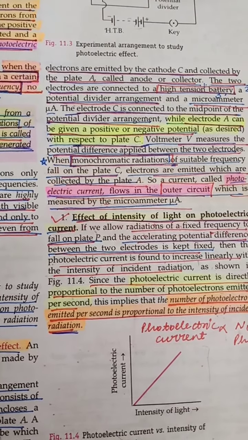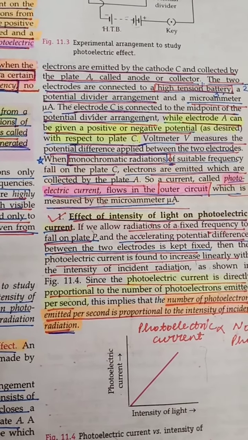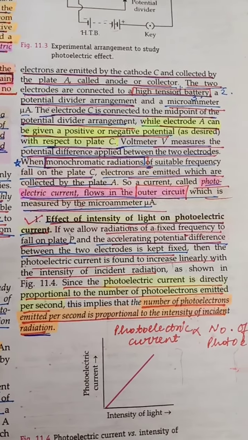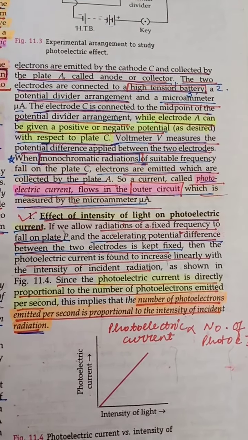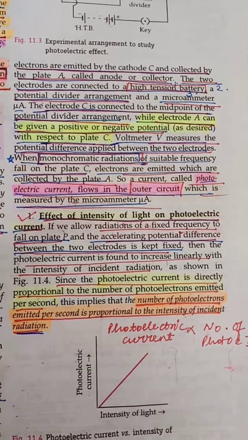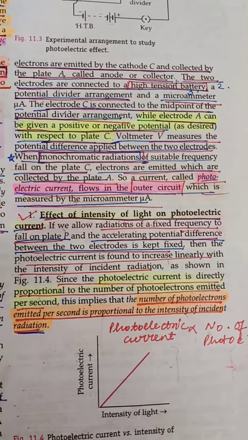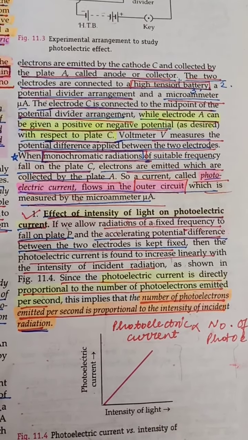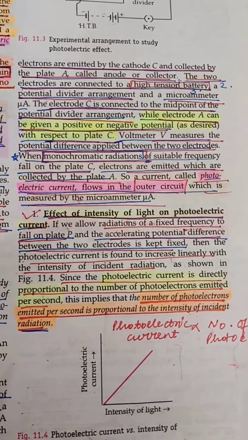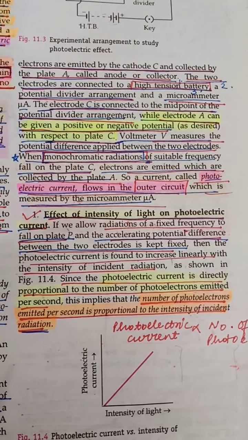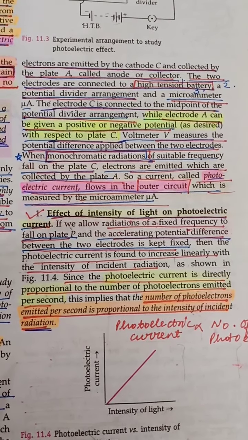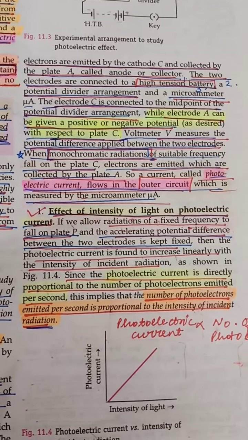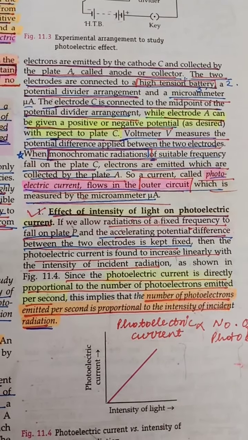This experimental arrangement can be used to study the variation of photoelectric current with intensity of incident radiation, also with potential difference between the two electrodes, also with frequency of incident radiation, and with the nature or material of plate C. First of all, we will discuss the effect of intensity of incident radiation